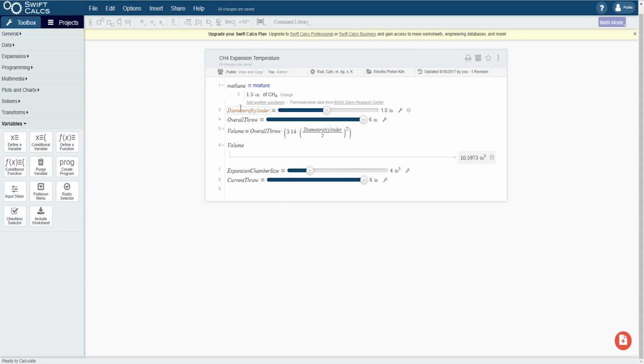I wish that this could be set maximum as overall throw, so that way the sliders always change to the overall throw. You should probably put that in Swift Calcs. Anyways, so current throw. Okay, so basically what we're going to look up right now is some